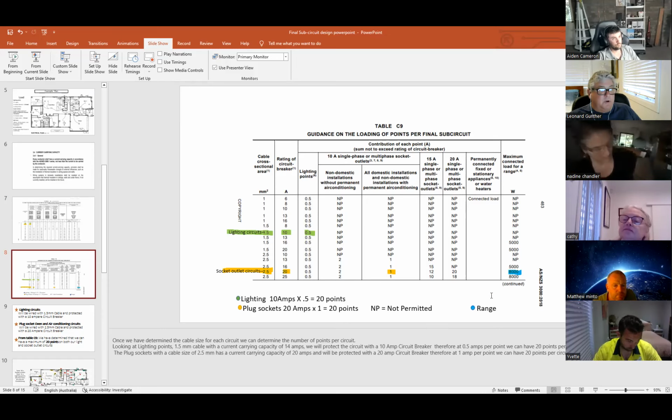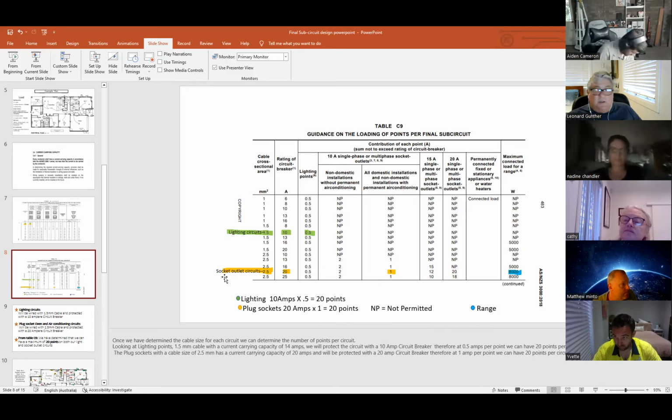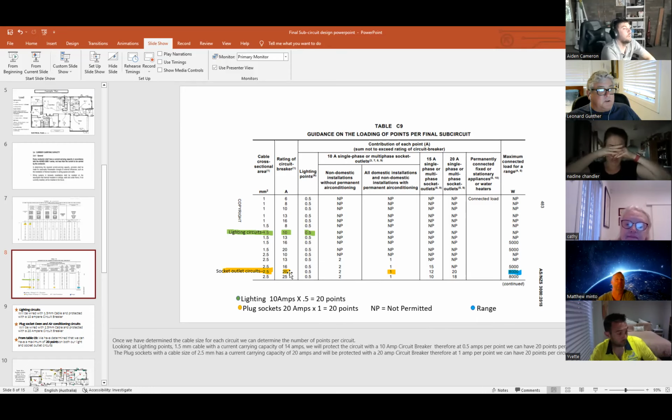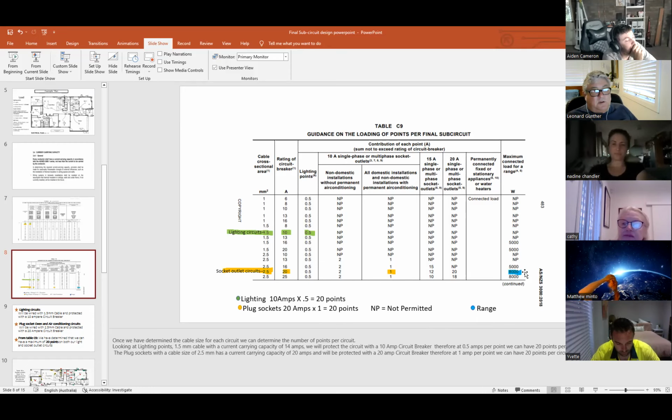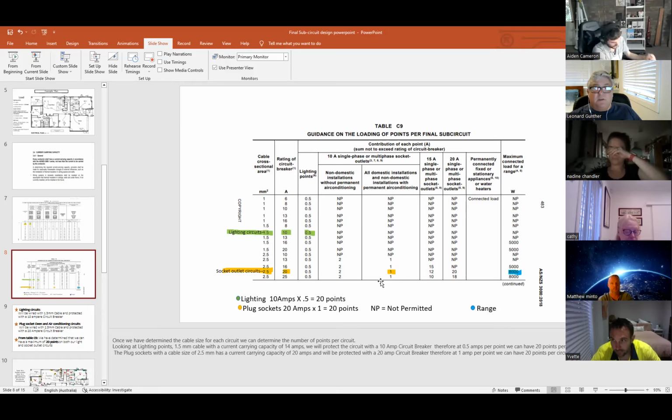And you can see here in the blue, I've got range. On a 20 amp circuit breaker, on a 2.5 circuit, we're allowed 8,000 watts for a range load. They generally would go to a bigger cable than that for a range. For an oven, we would run a 2.5 circuit. And if we had a separate cooktop, we'd run another cooktop circuit, a minimum of 2.5, depending whether it's an induction or just a plain electric